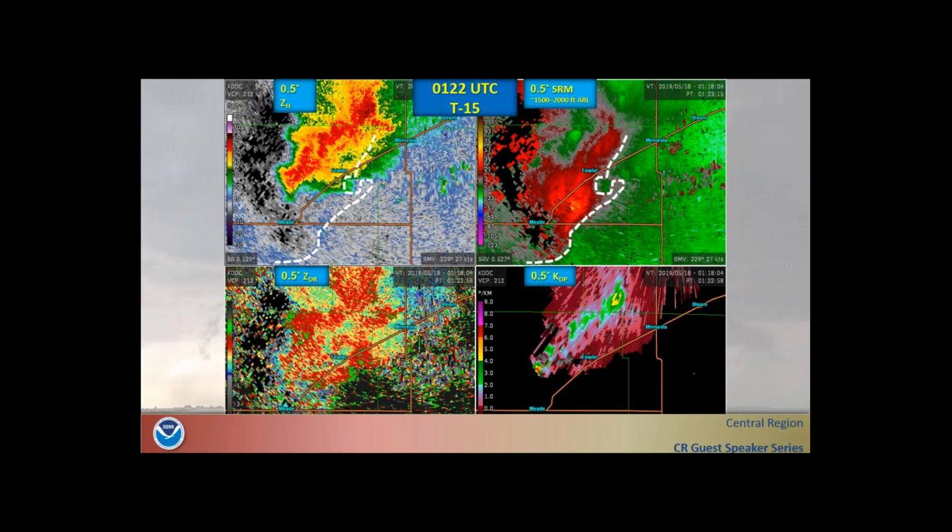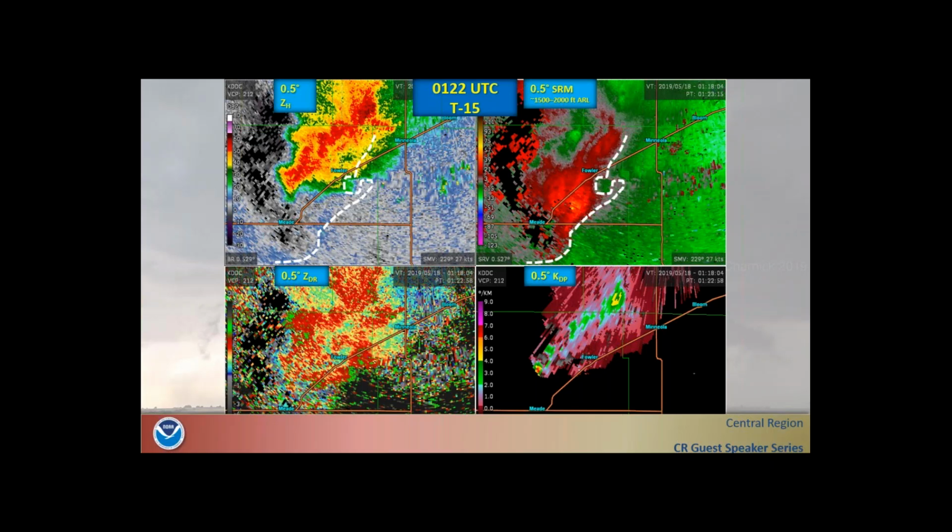Initially, we see east of, or kind of east-southeast of the town of Fowler, we see this divergent signature. And that gives us an idea that there's probably a new downdraft occurring in that region. And although the reflectivity is not high, we can also see the start of a ZDR arc. So that gives us confidence that this is more than likely a new forward flank downdraft. But more importantly, and not going to show it at this point, but we know that there is a new